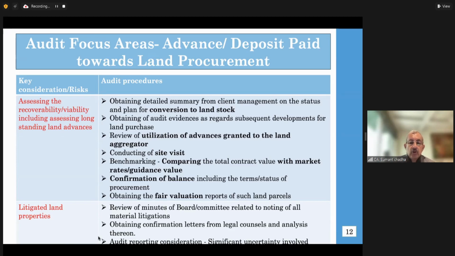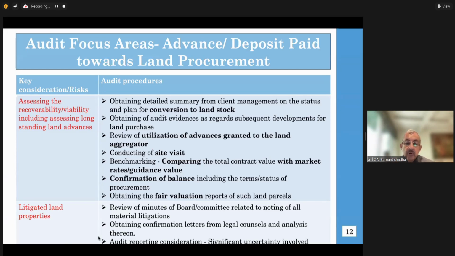Site visits I've already talked about. Market rates, guidance value. This is one of the biggest things which can help me to be a good auditor. Have that sixth sense. What is the market trend? That's very important. I just don't go and audit the accounts. I need to audit the environment also to see if I'm missing any chance of material misstatement. Are there any blind spots which I'm missing? Any risks which I'm not able to cover? This gives me a very good comfort. And also, if things are all right, it lets me sleep well, that we've been able to cover all, and there are no dots which are left to